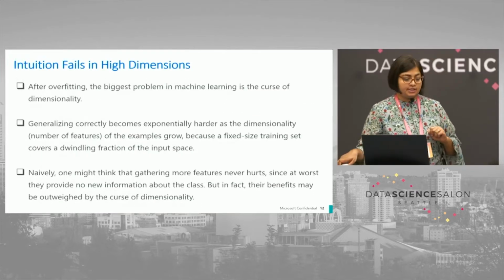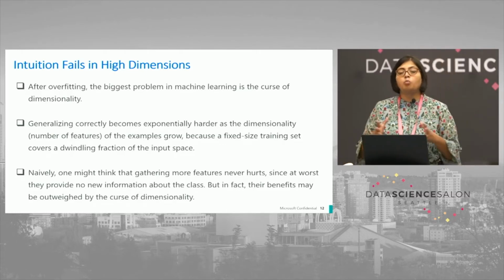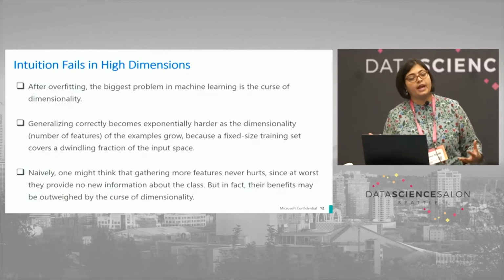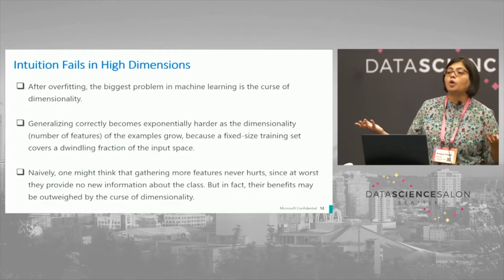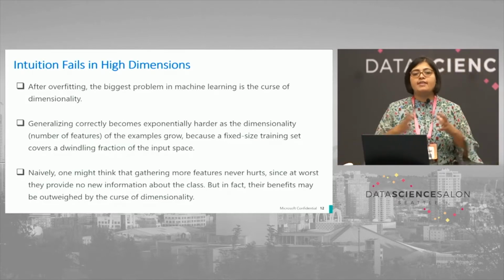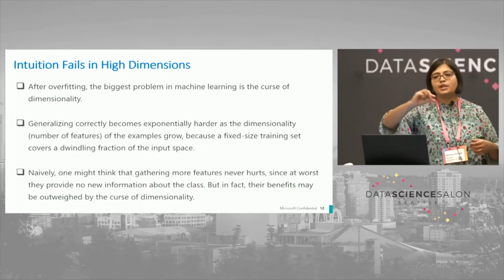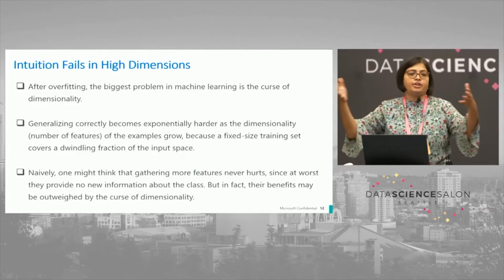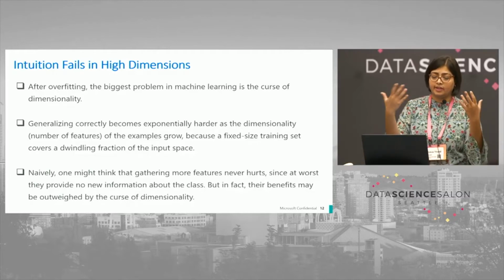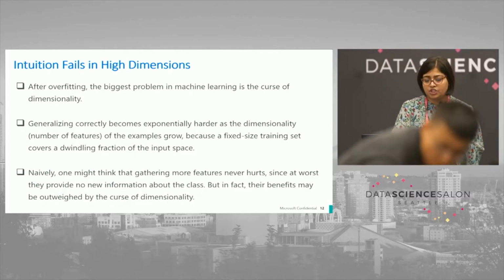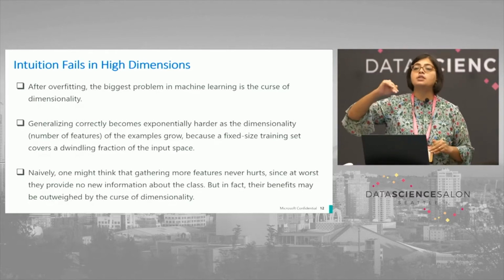The curse of dimensionality, right? Intuition fails in high dimensions. Imagine you're working with a very, very large corpus, right? And you're trying to generate automatic tags for the corpus. For example, it's a corpus of blogs. And whenever you go to read blogs, you see such keywords below. So it's sports related, AI in sports. So for example, you will have AI, sports, this kind of tags when you are trying to provide keywords for such blogs. But the problem is they are highly correlated to the content of the blog.